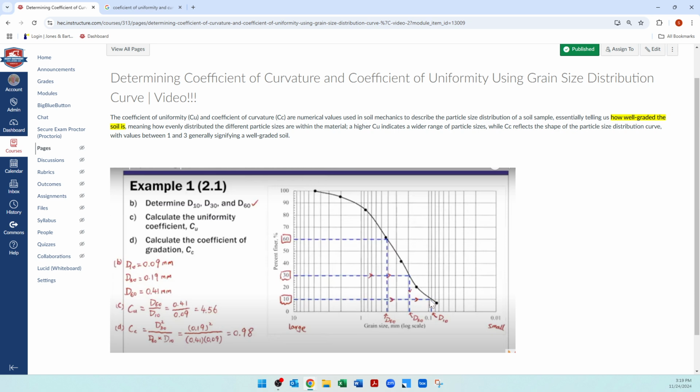Okay, there we are at 10%, and we go down to 1 millimeter. That's the size particle that passed that. Now, what size particles pass 30%? We're at 30% passing through a sieve. You go over here, you hit the curve, you go down, and you have,